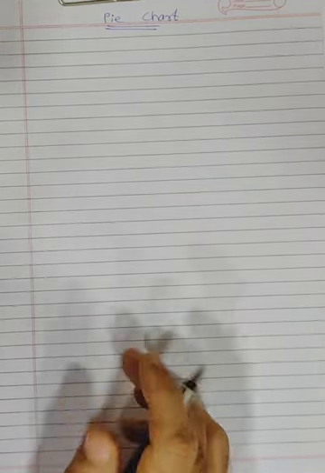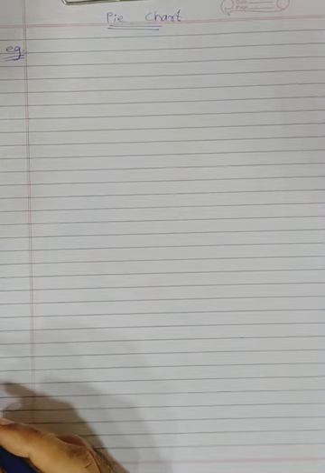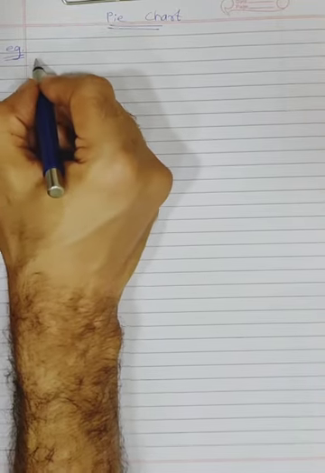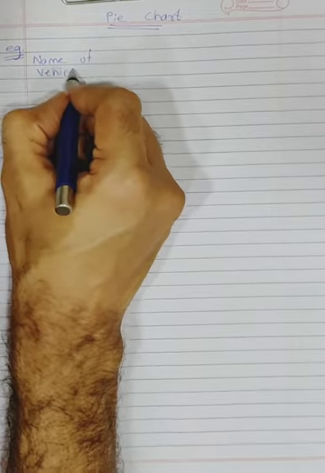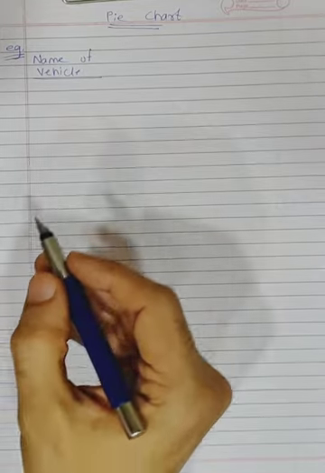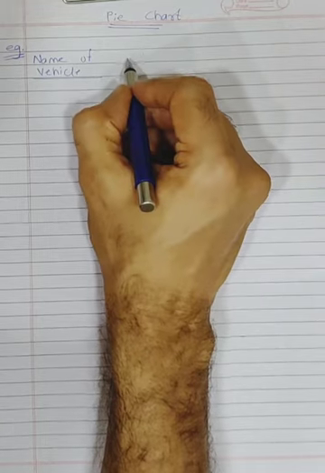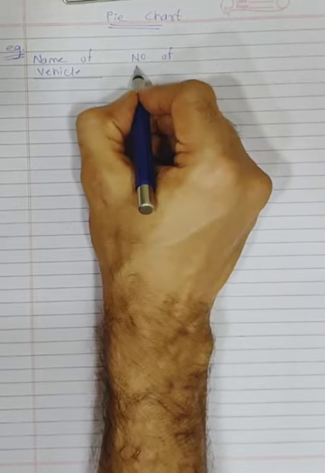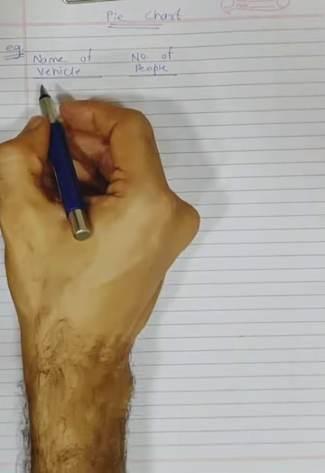Okay, so we'll just write down the data first. I'll take down the data from the textbook. So see, you're given that in this example they've given us how people travel to their school or to their offices, whatever they have given. So they've given the name of the vehicle first. So first column they have given is the name of the vehicle, how they travel. Okay, second thing, they have given us the number of people who are traveling there from some office or somewhere, some sample of people.